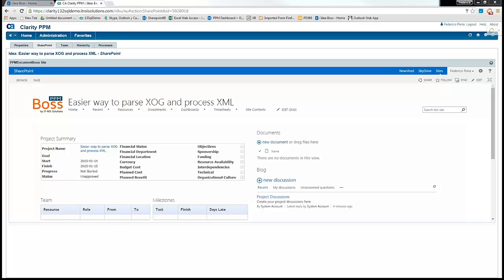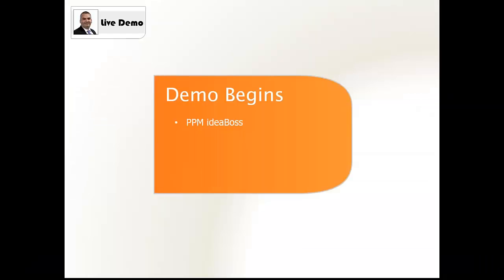But yes, we did it because we needed something internally for our consultants to use. We wanted to facilitate our consultants' lives, and then we thought, why not make this available for all of the other clients to use? Keeping in step with our mission to make PPM simpler, oftentimes it comes from a mix of our partners, our customers, and our internal Clarity consultants and engineers, and we're looking for a way to make a complex process simpler. So